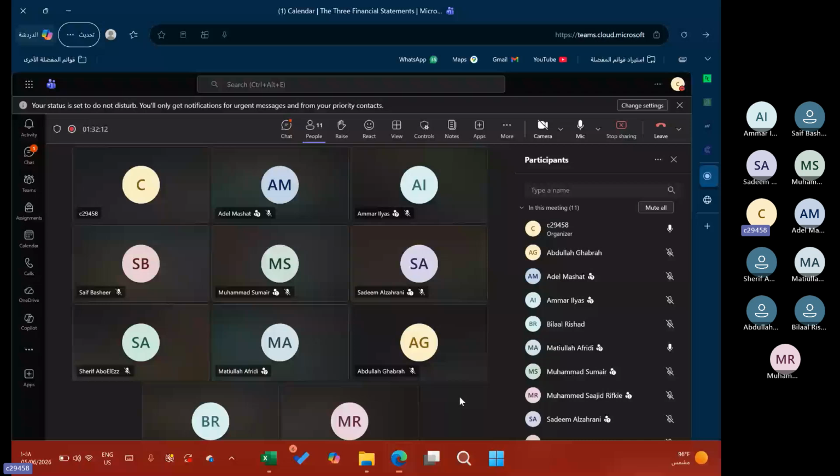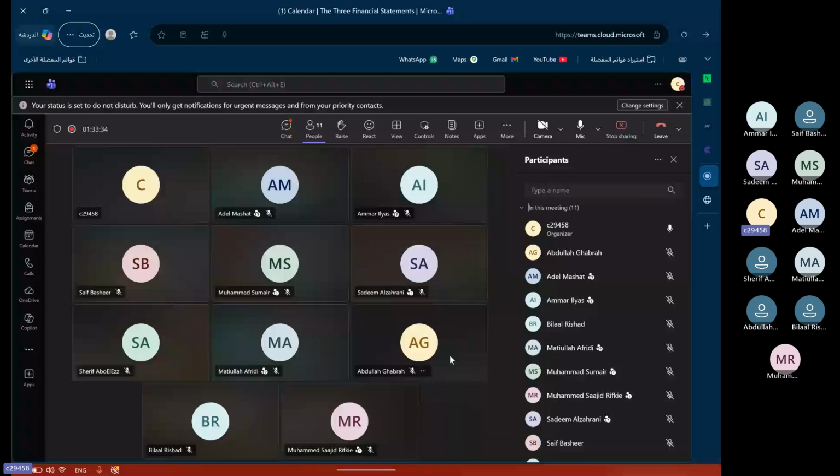So I hope this session is not too complicated. I know it's not practical in Excel. I know not everyone will like it, but inshallah from next session we will start to work on Power Query, and believe me, you will find Power Query solves a lot of issues for you and will automate a lot of issues for you. You can make a lot of things with Power Query. So inshallah we will meet next Friday,